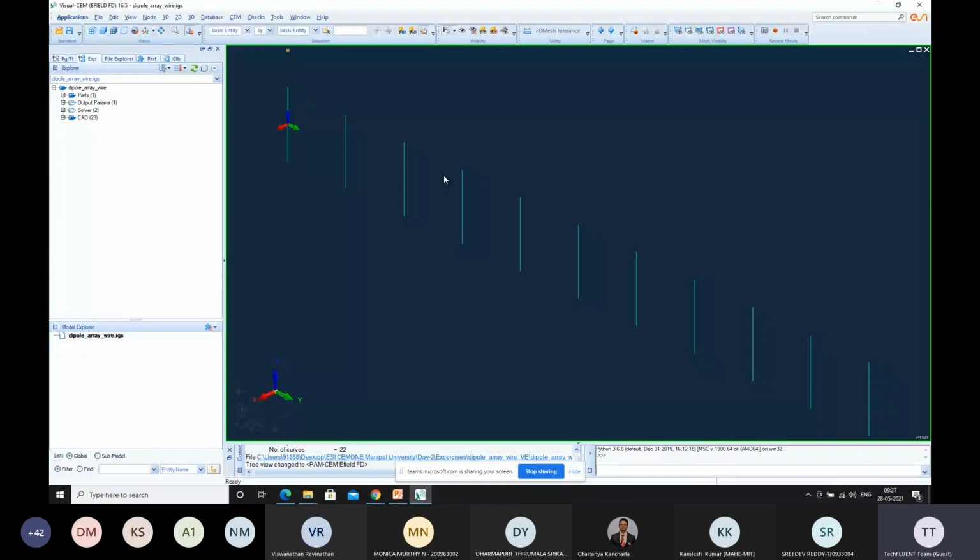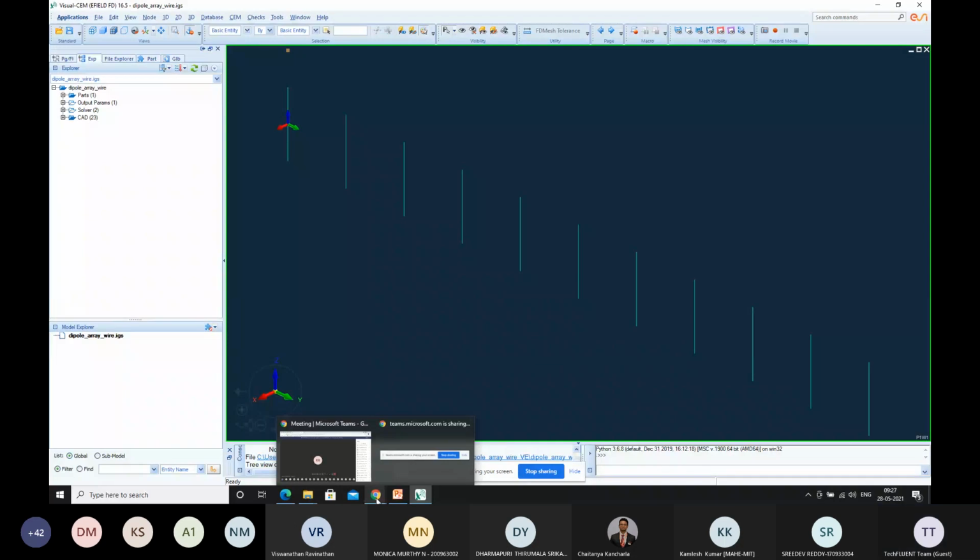So basically, with nominal dipole antennas, you typically get somewhere around 2.2 dB or 3 dB of gain. But if you want a high gain with the same dipole antenna structure, the way of doing it is we have to go for antenna arrays. So the concept of antenna arrays,